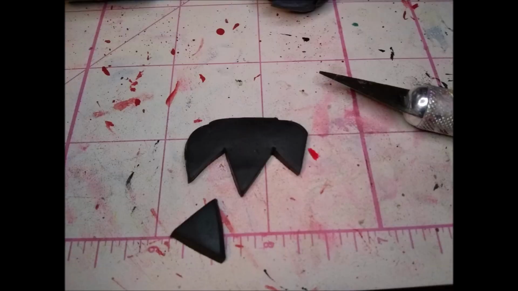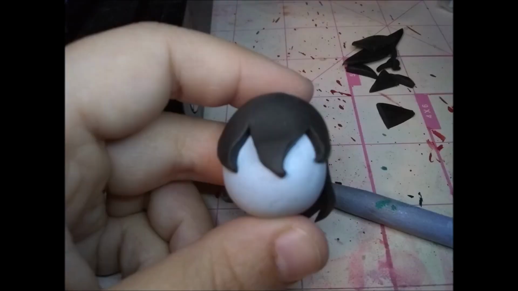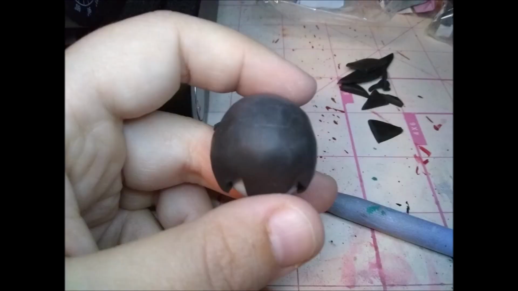bangs. And then I just attached this to the head as so, and I just kind of angled them in the direction I felt looked best. And then just take some kind of tool and blend it into the head. Be very gentle. If you squish too hard, you're going to squish the head and you'll have to start all